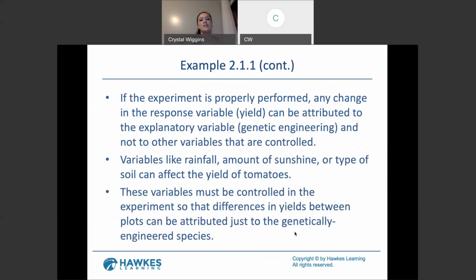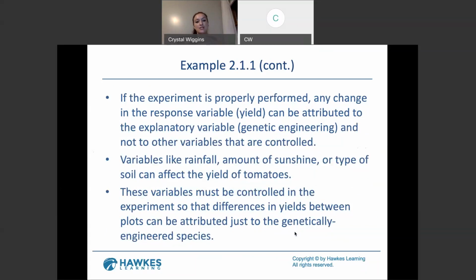So if the experiment is properly performed, any change in the response variable can be attributed to the explanatory variable because you have that control group. Variables like rainfall, sunshine, the type of soil, all can affect your plant's growth and producibility, and therefore you need to keep those consistent. These variables must be controlled so that the differences can be explained by the new plant